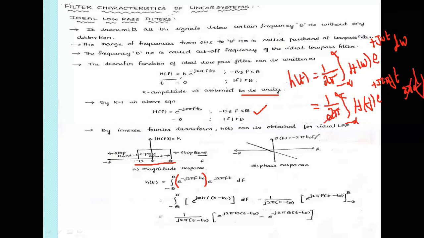In that case, the 2 pi gets cancelled. So what is H of f? You can substitute H of f as e power minus j 2 pi f into t naught, and already we have the positive exponential. Apply the integral with the exponential function. We'll get